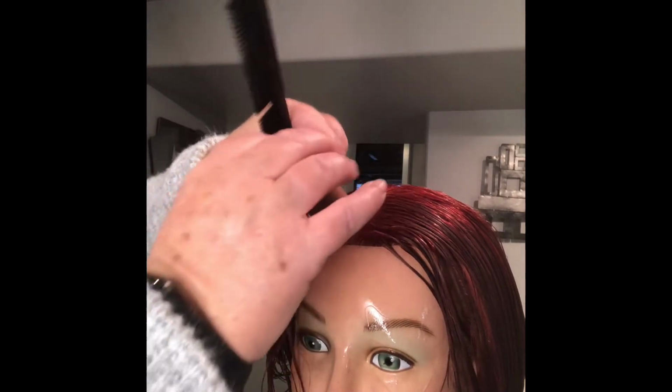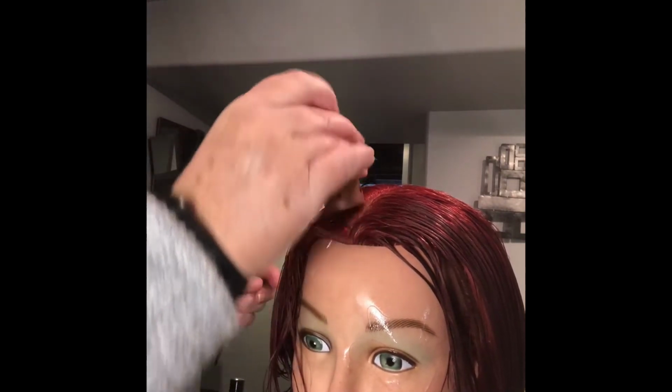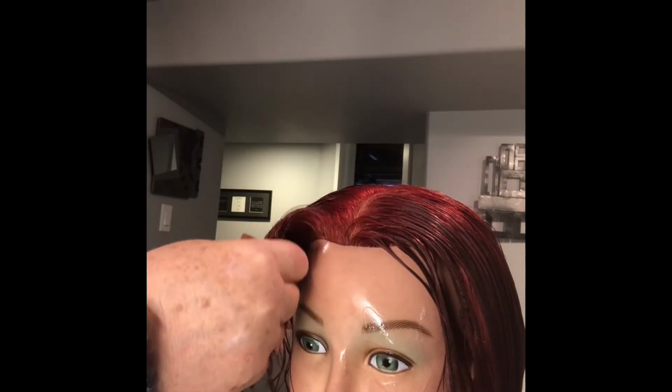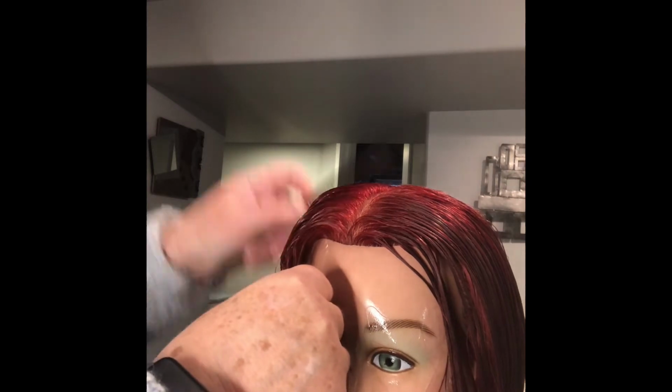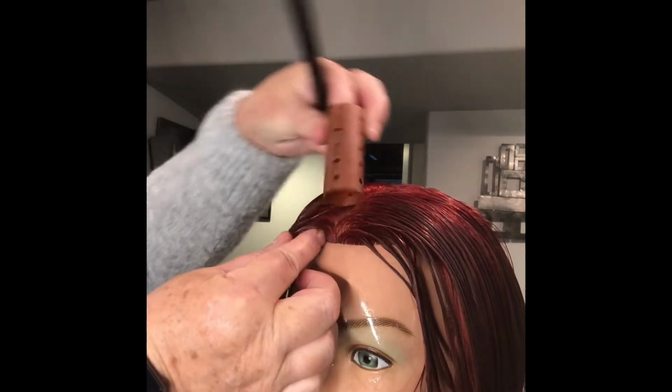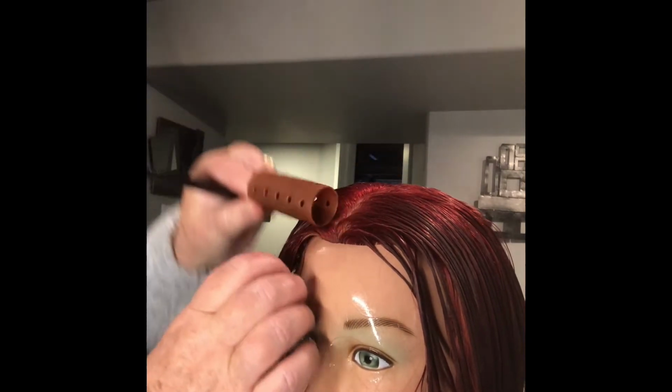Then we're going to take our roller diameter and our length, and we're going to carve that out to the front hairline. So it's right to the temple area. I'm going to move that hair out of the way. I'm going to go roller diameter and length, roller diameter and length, and I should be ending up right here